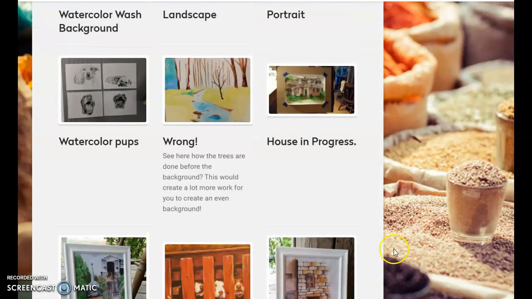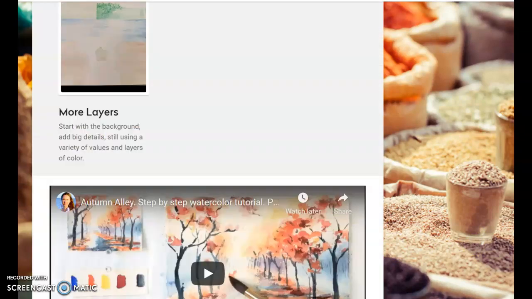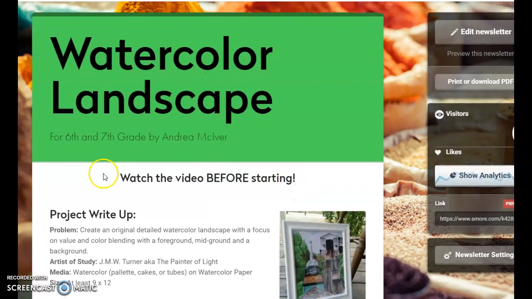It's really fun. All right, so again, you're creating your landscape. Remember that layers are key. You're going to get to a point in the video